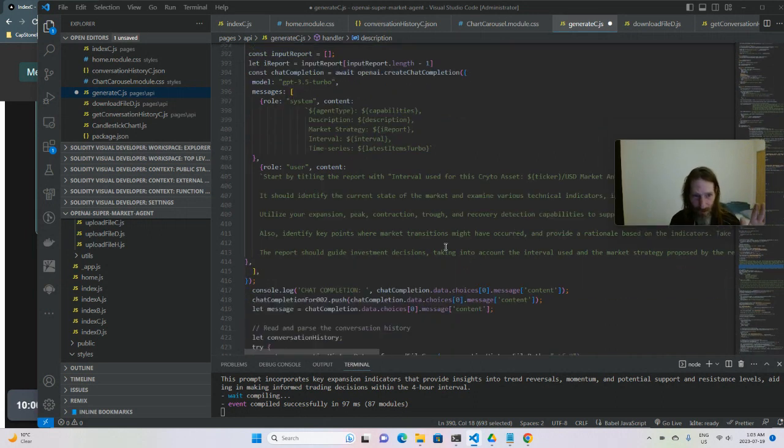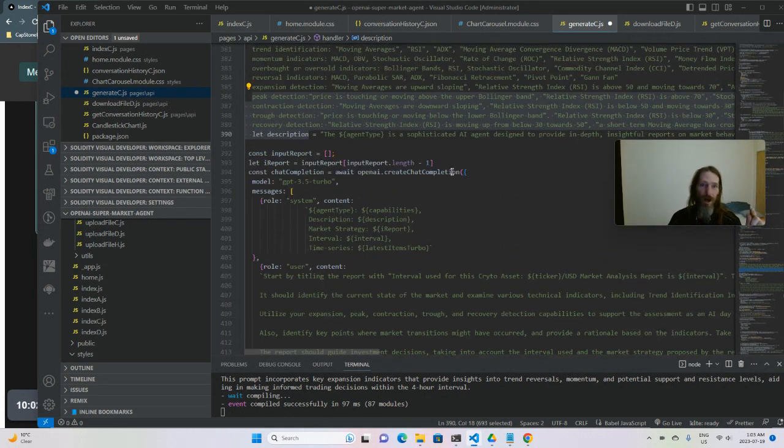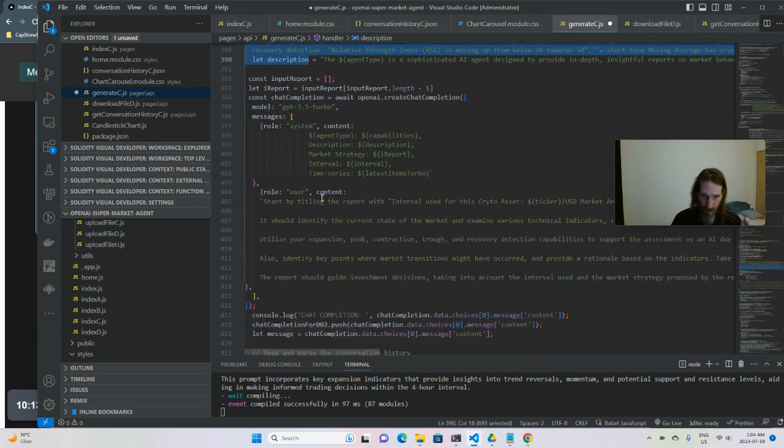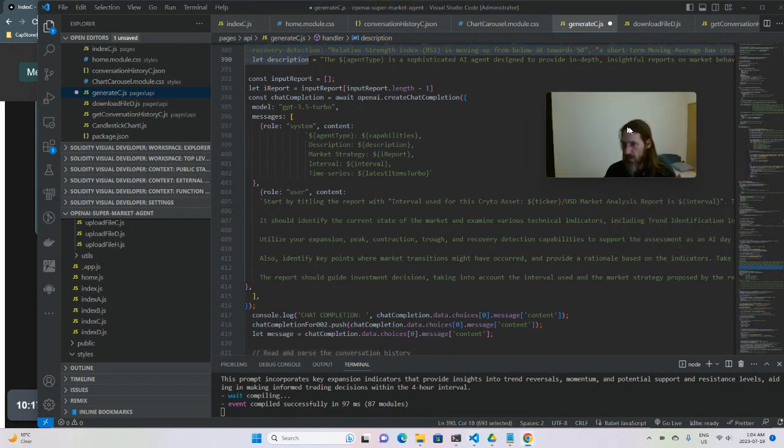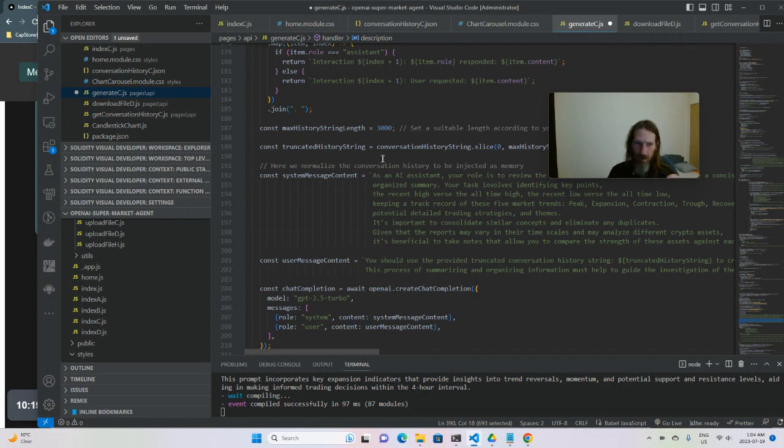I have this prompt where I want him to decide. So market strategy, interval, time series. I've got to find myself in here. So I'm just going to go here. I'm going to start a bit higher here. Okay, here